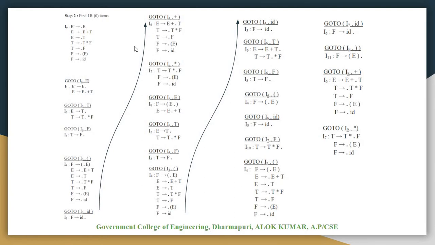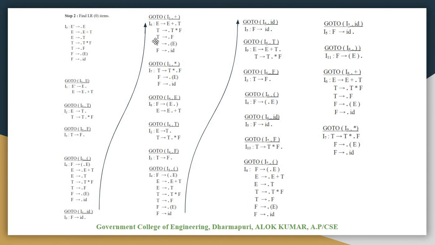Here, because we will find the dot, we will have to keep it at last, like this it is coming. So here also like this we will move, until a dot is coming at last, up to the time we find the goto. Okay, so here you can see I1: plus, after that a dot is coming, so here we will find the closure of T in this manner, and after that we will find the closure of F.